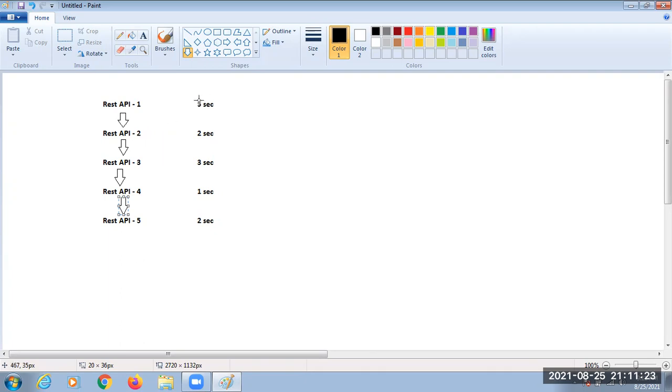So, up to 5 seconds, should this person wait or not? If REST API 1 executed successfully, then only REST API 2 executes. If REST API 2 executed successfully, then only REST API 3 executes. If REST API 3 executed successfully, then only REST API 4, then only REST API 5. Okay, Bharata? So guys, if you need this kind of execution, here we have one